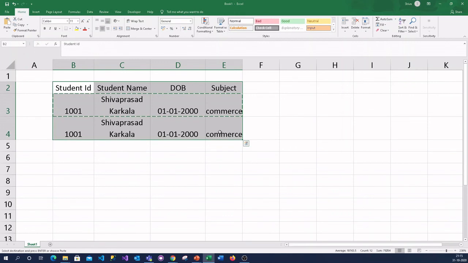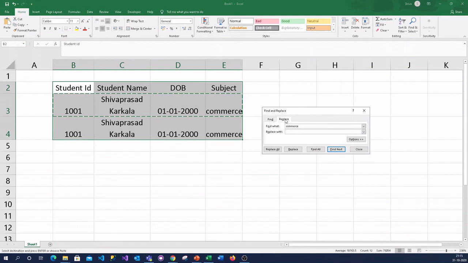Instead of Control F, I am pressing Control H. Here I can type find what as commerce and replace with management. Now it asks what it should do. Should I replace all in one shot or replace one by one?